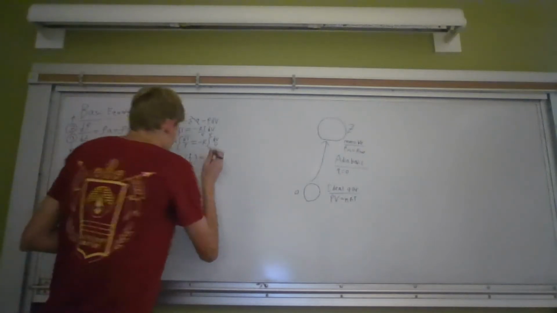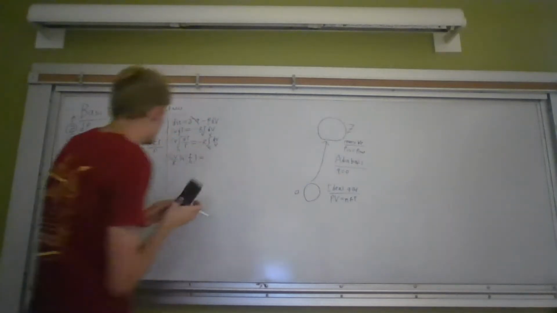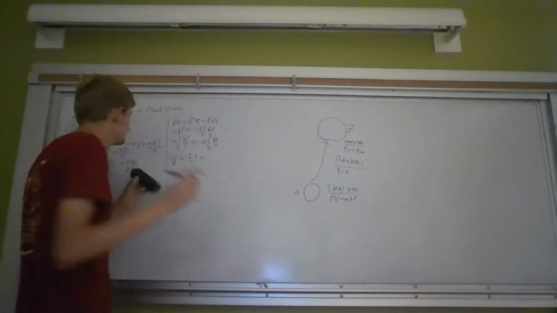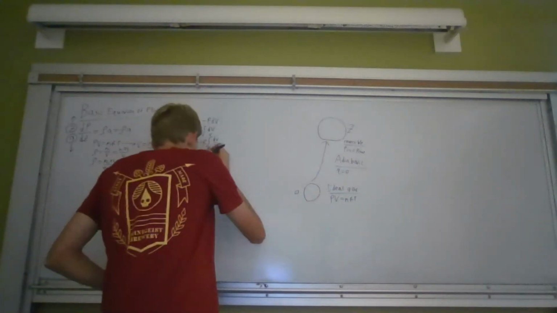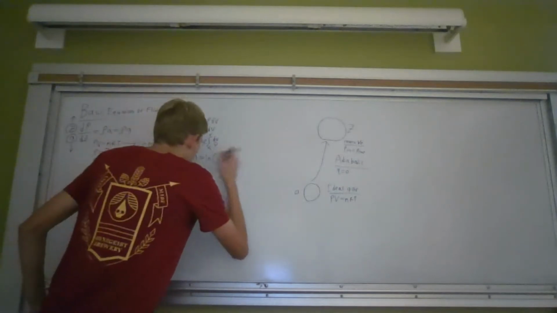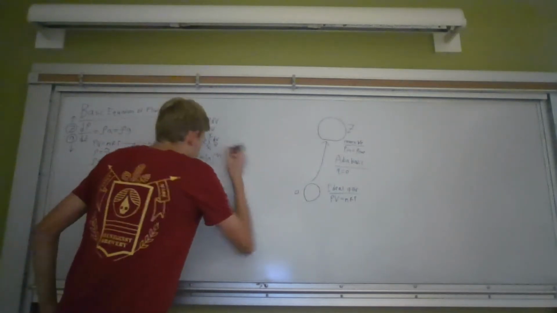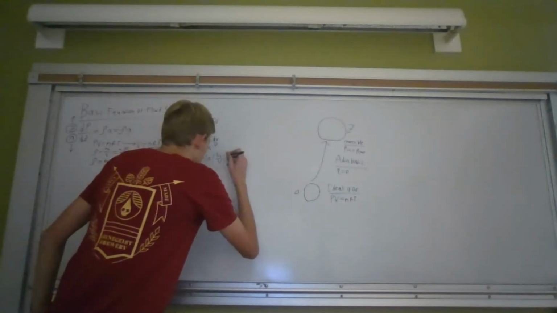And then on the right side of the equation, we're going to have another natural log, which is going to be our natural log of the initial volume over